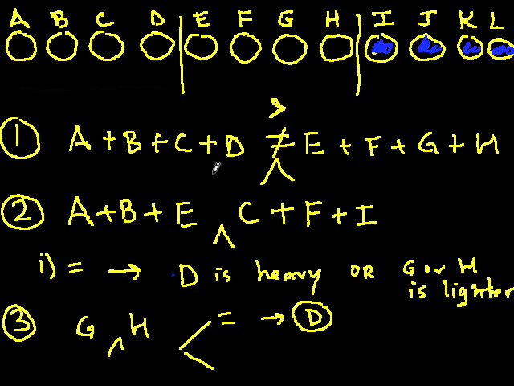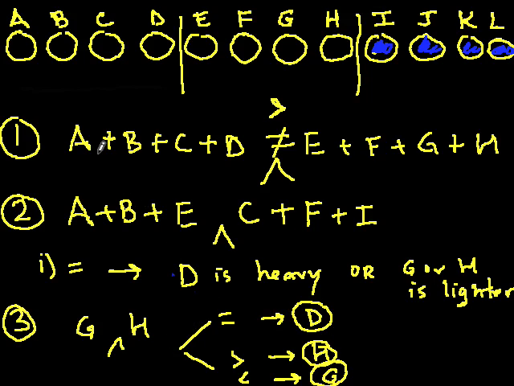Remember that we've concluded from this logic, when these are equal, that because our first measurement had these as all being heavier than these, either C was heavier or G or H was lighter. Then when we measure G versus H, if they're not equal, it's the lighter one. So if G is bigger than H, then that implies that H is the oddball, and if it's less than, then that implies that it's G. Okay,